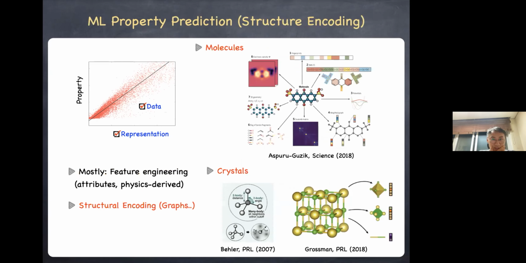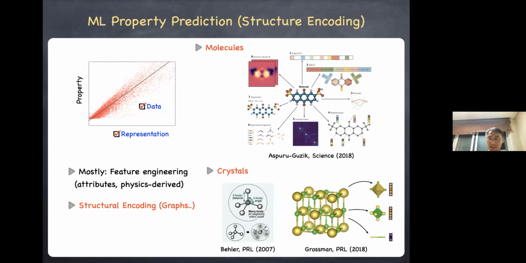And so to do that, people are trying to use structural encoding. This is similar to situations in electronic structure calculations where you basically use the Hamiltonian of the system no matter what property you are calculating. Regardless of properties, you basically use the coordinates of atoms and identities of atoms, and that's all. So you can expect similar things in machine learning if you do some kind of structural encoding.